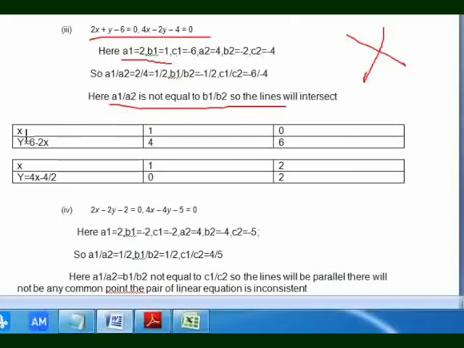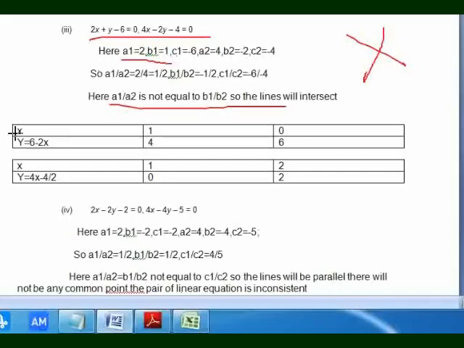equations, and we have already created two tables for the two separate equations. For equation number 1, this table has been created, and for equation number 2, this table has been created. So here 2x plus y is equal to 6. So we are shifting this 6 to the right hand side and shifting this 2x to the right hand side to get the value of y in terms of x. So if 6 and 2x will be shifting to the right hand side, then 6 will be positive and 2x will be negative. So y is 6 minus 2x.